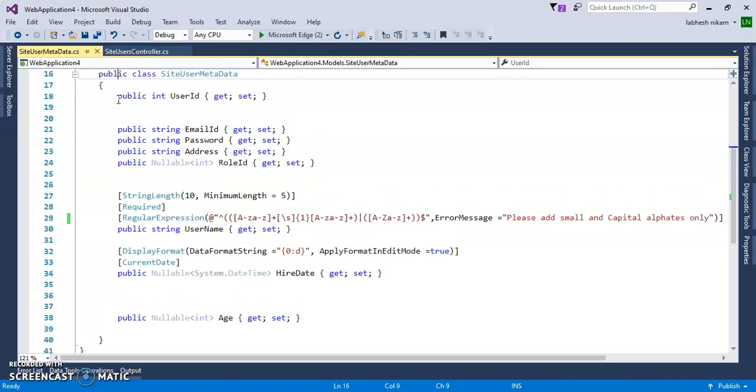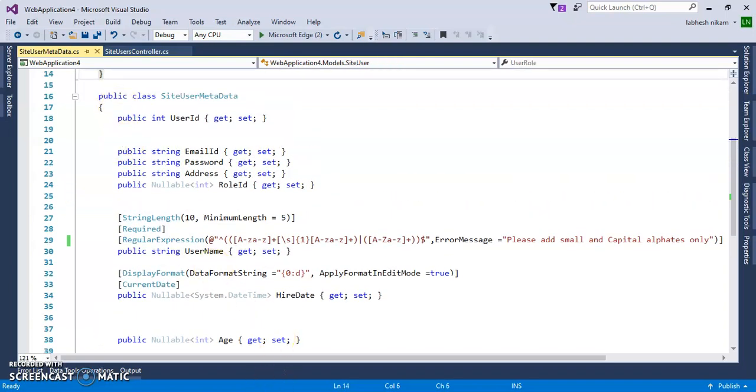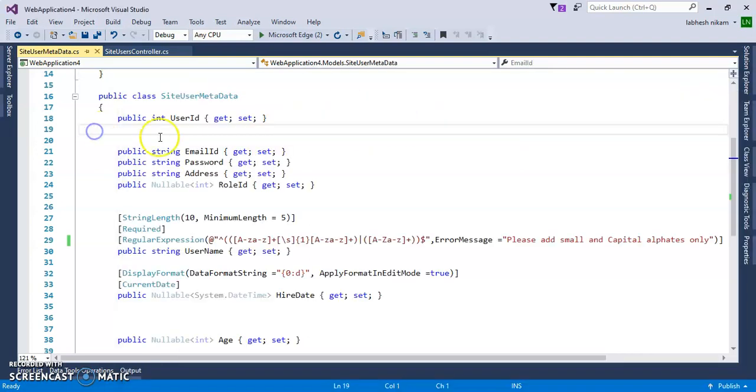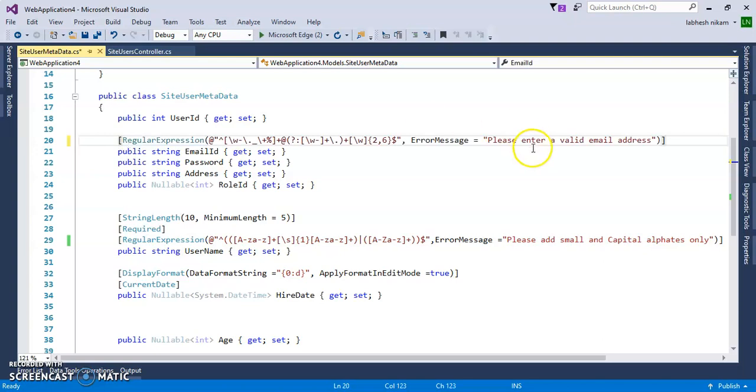Let's go here and add what I have already written, so let's copy this and paste it here. The error message is this one, and the regular expression will validate the dot symbol and the at symbol, whatever the property of the email address. Let's save it and check it.